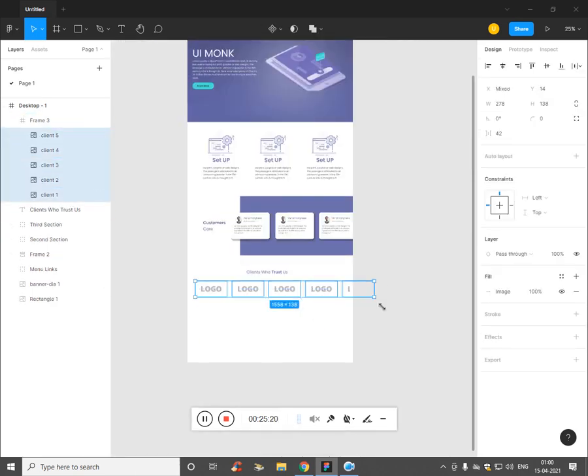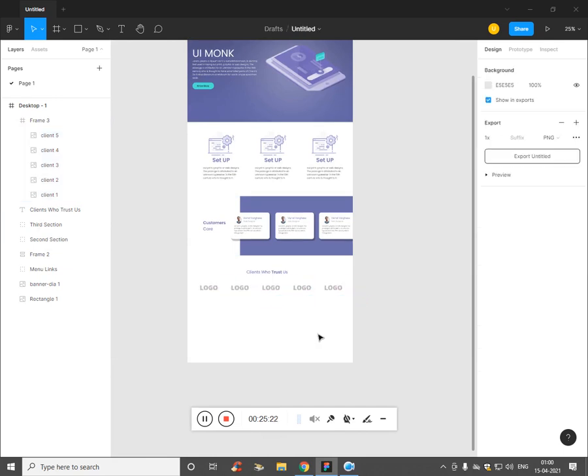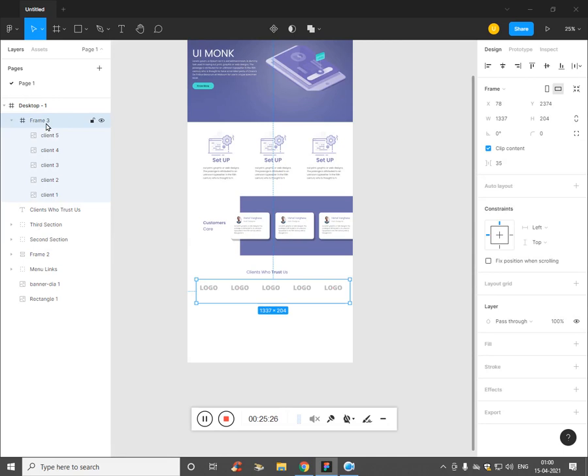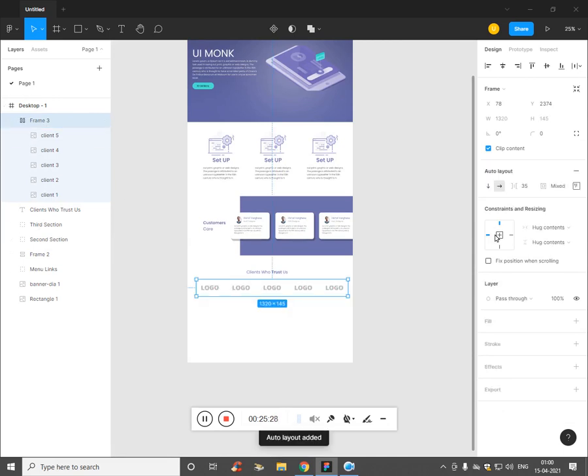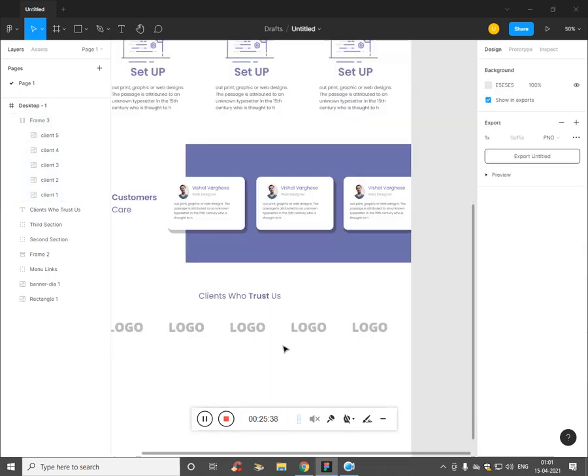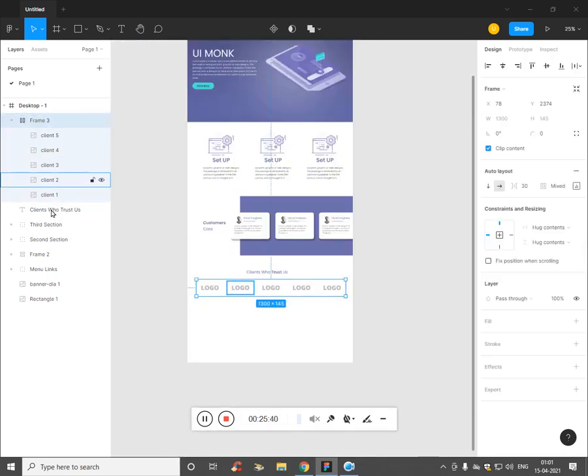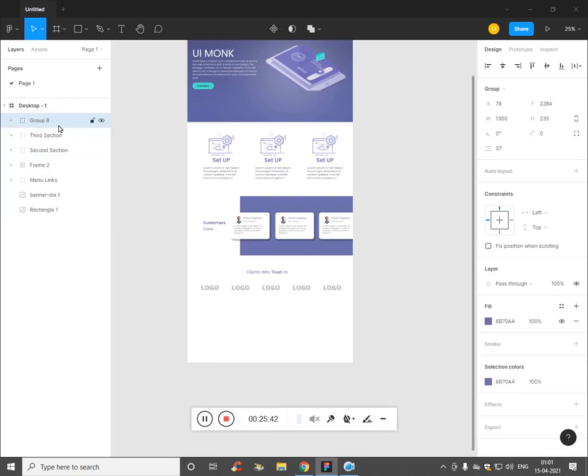Now select all, make it smaller. Well, that's great. If you don't like it, click here, press Shift A. Now you can auto space it and make it sit at the center. Well, that's cool, that is working. And we'll make this a group and call it the clients section.